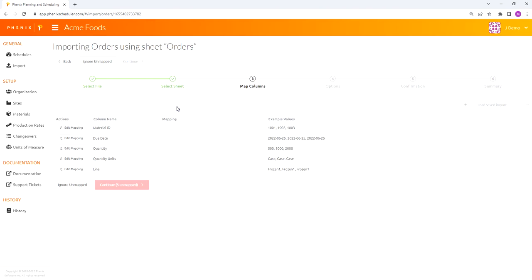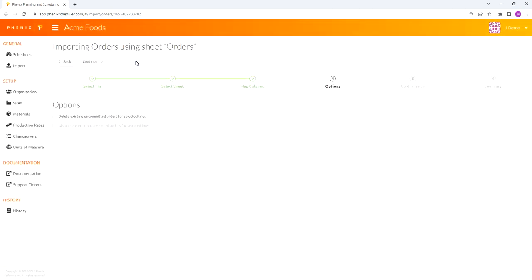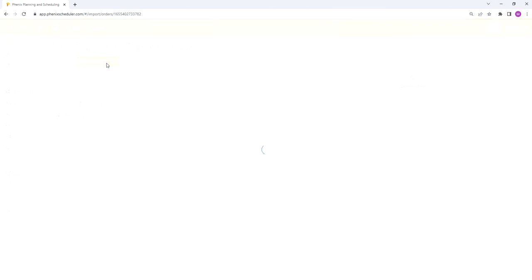Since this file was not generated from a template, and a file with these headers has not been imported before, we will have to map all these columns. I will do so now. Now that all the columns have been mapped, select Continue. Do not worry about these extra options, as they do not matter for an organization's initial load and will be explained in more detail in another video. Finish the import